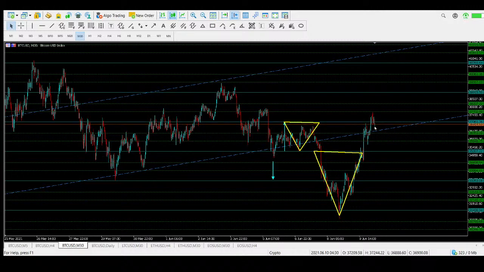Let's see what's going to happen next, whether it's going to form the right shoulder. I'll come back to this chart later to see what happened within that period, but